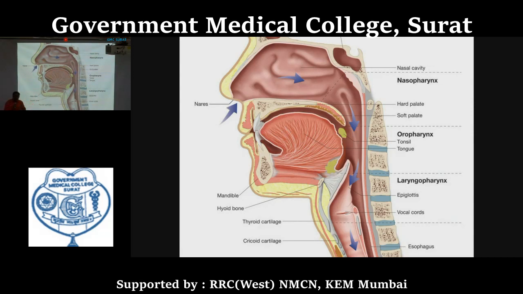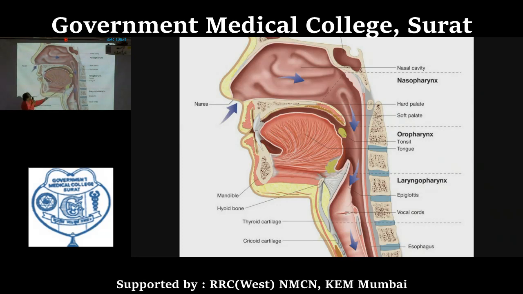Now let's proceed to the oropharynx. So we have discussed these important points associated with the nasopharynx. Now come to the oropharynx. Here in this figure you can see the location of the oropharynx. This one is the oropharynx, and this arrow is within the pharyngeal isthmus we have discussed. Now this oropharynx lies behind the oral cavity.